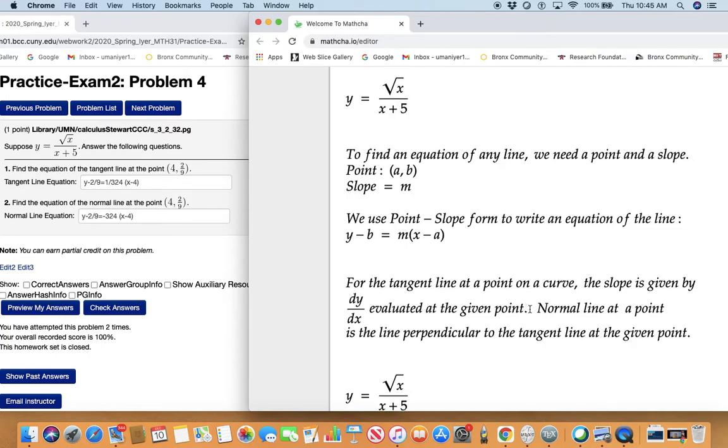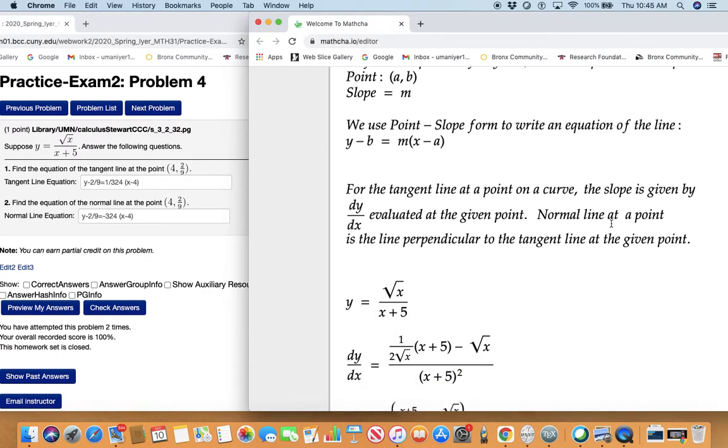evaluated at the point. Normal line, what is a normal line? At a point it is the line perpendicular to the tangent line. So normal line is the line perpendicular to the tangent line at that given point. Okay, so let's worry about normal line later. First, the tangent line. So as I said, the slope of the tangent line is given